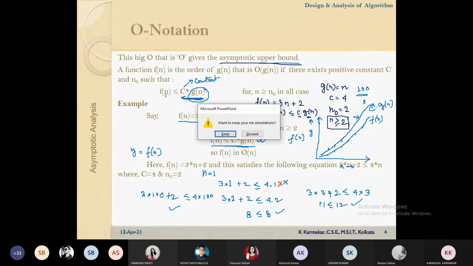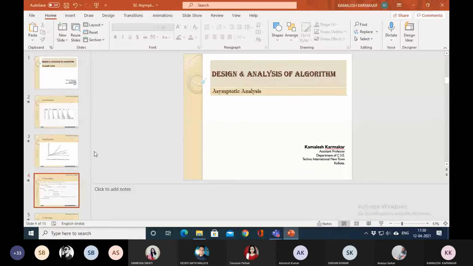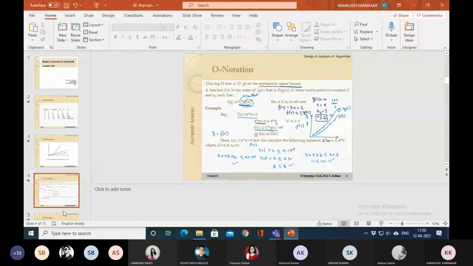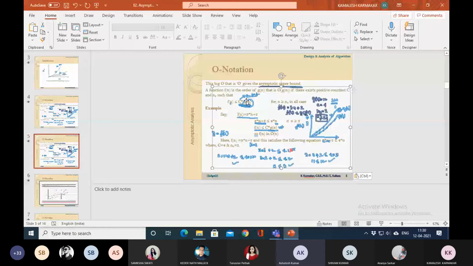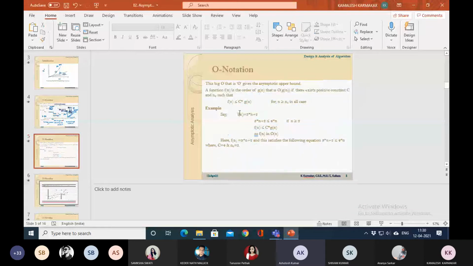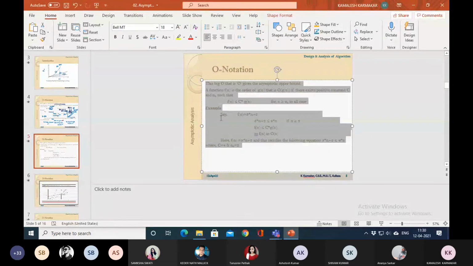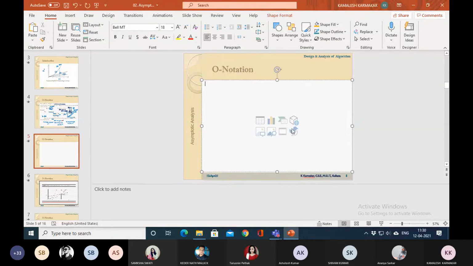Whether the value of n can be negative number, like can I put n equals to -5? No, sir. Time cannot be negative. Sir, n is the input here. How can input be negative? Yeah, the size of input cannot be negative. So at least one element will be there, or the input set can be null. That means the size of n, or the value of n is 0, but it can't be negative. Okay.